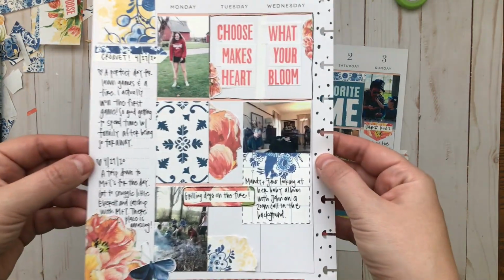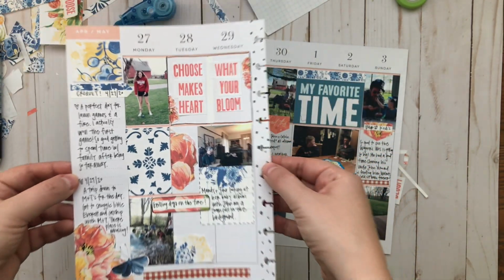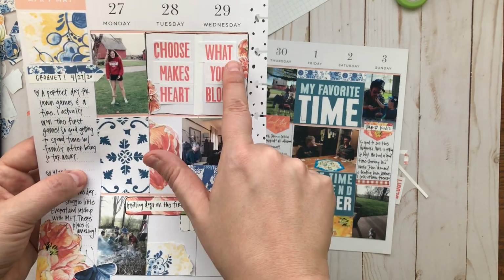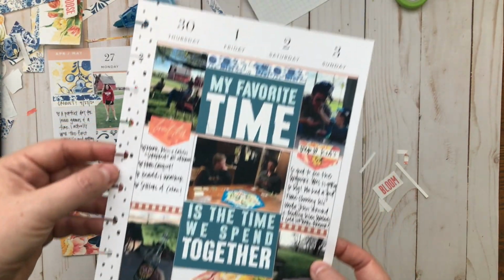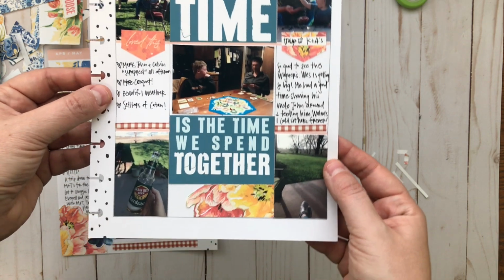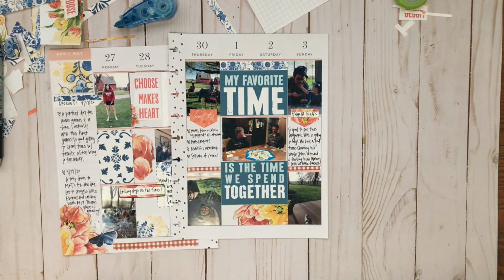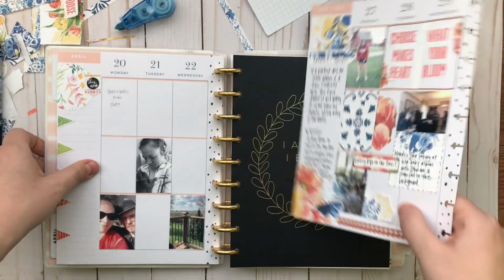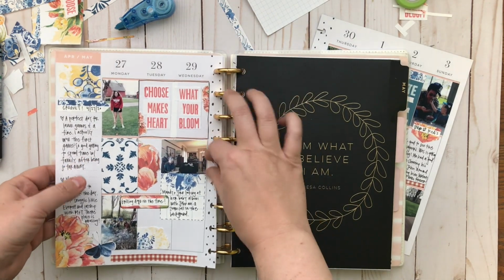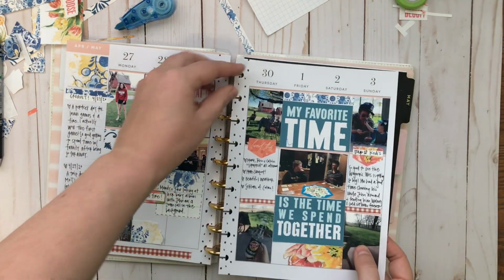So as I mentioned, camera got cut off, but here is a close-up of the final product or the final layout. I love how it turned out, and here's me showing that I recut the words to go horizontally. And I love that this all came together using the printables, which is really fun, and it was a really fun challenge for me, and I will definitely be doing this again. So I'm going to put the pages back in my Happy Planner, and I hope you enjoyed this video,